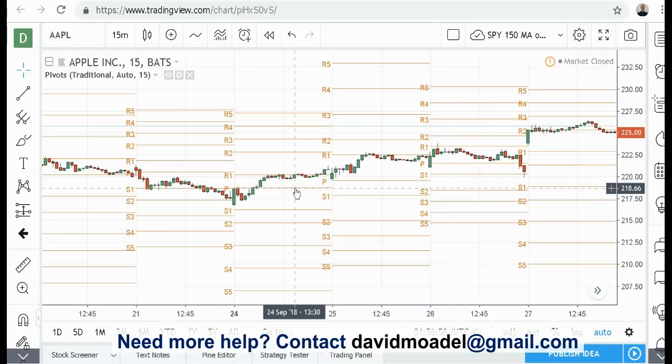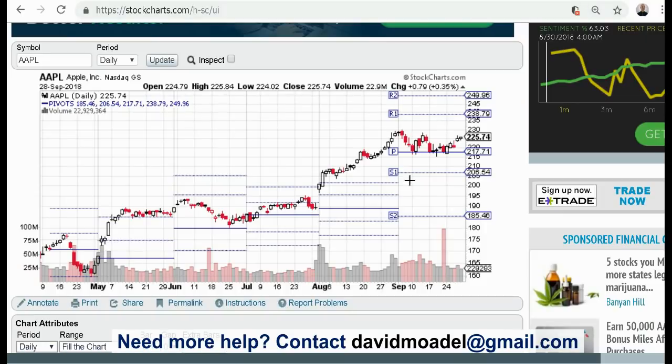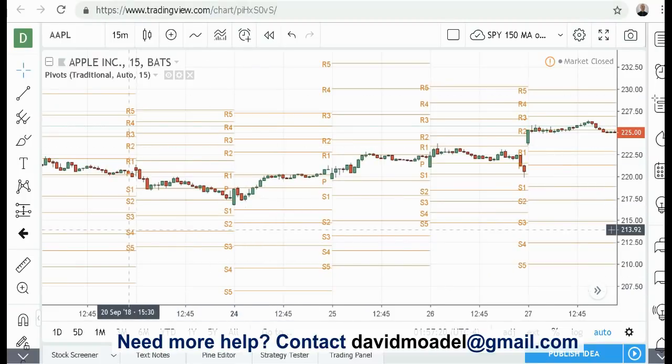I just put this up as an example. By the way, I forgot to mention what's interesting about this: they recalibrate the pivot points every so often, because the price is changing, and so the pivot points keep changing. You have to be aware that it's going to change every once in a while. Here it is. They shift and move it over to adjust with the new price of the stock.